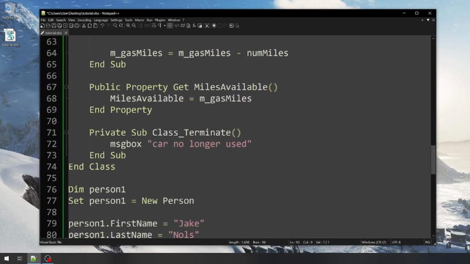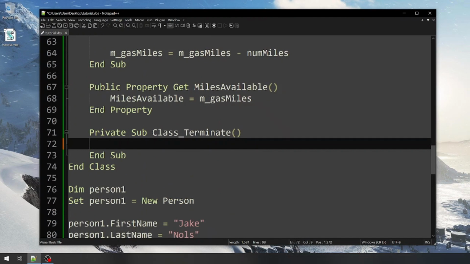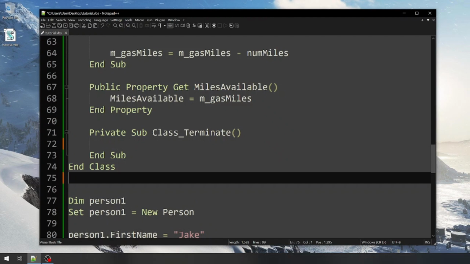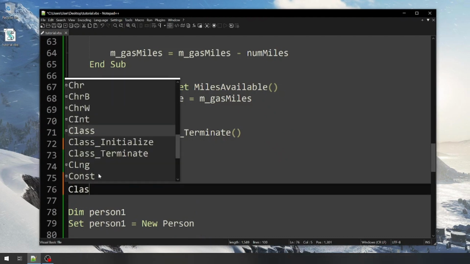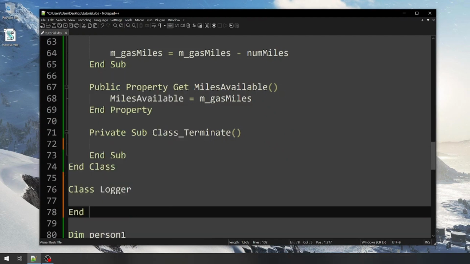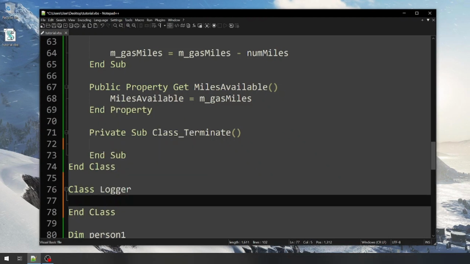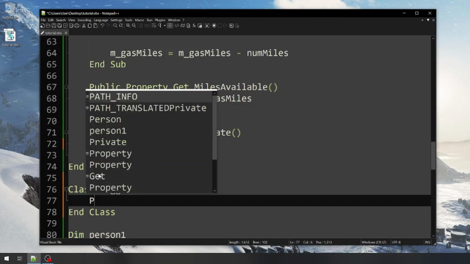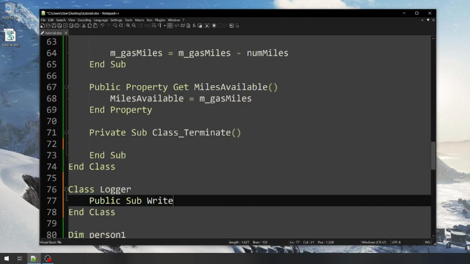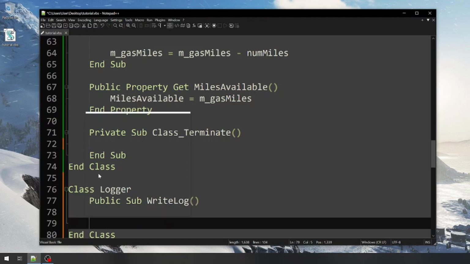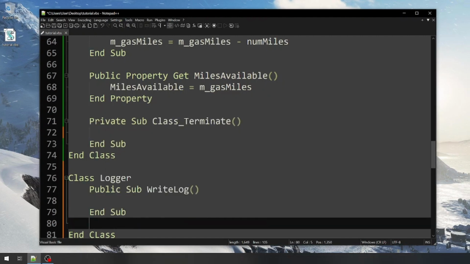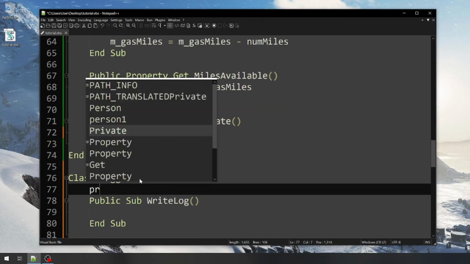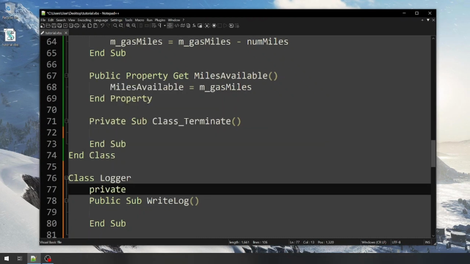You know, what can you do, or why would you want this? Well, if you're reading to a file or something, for example, maybe you created a class that's a helper for creating a log file. So Class Logger and End Class. And in here you had some methods. So Public Sub WriteLog and End Sub. And basically you had a private variable for your log file, your stream. So this is your